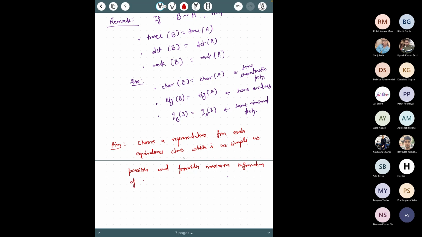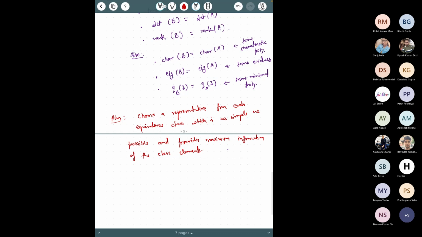Information of the class elements. And in case of similar matrices, again we do the same thing. This is the general question you can ask for any partition of the set. But then in case of similar matrices, we ask the same question: can we choose a simple representative which is as simple as possible? And in terms of matrices, simple means the matrix has many zeros, or a matrix with most zeros. Okay, so the question for matrices we can ask in this way, that